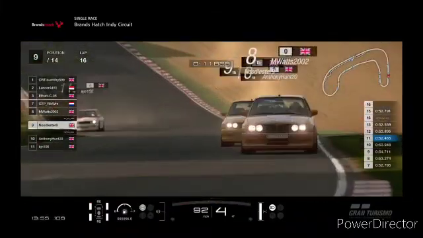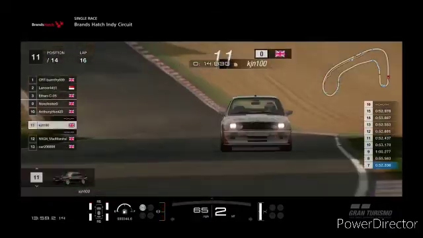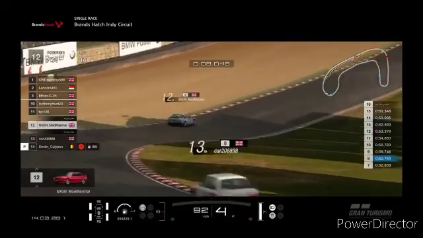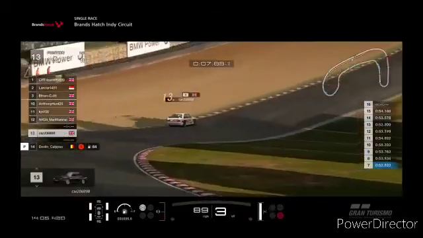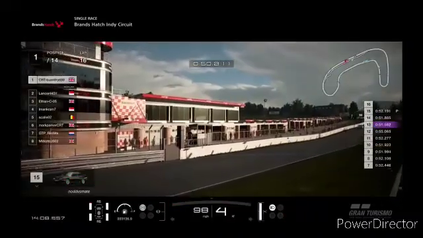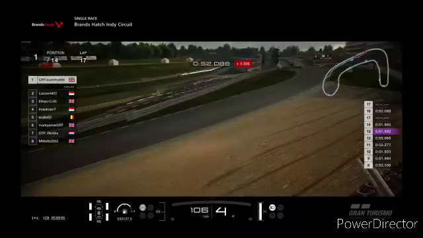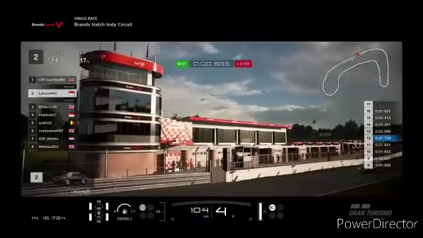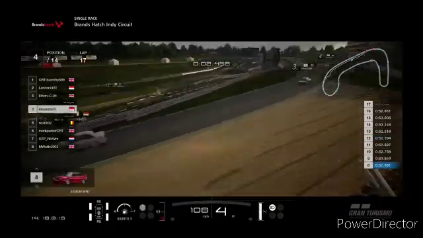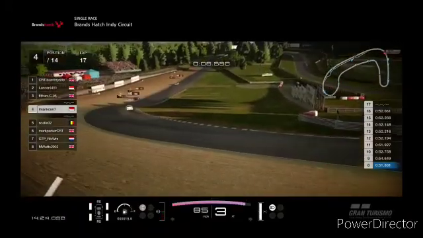KGN has made another error, he's gone off at Paddock Hill, which means he's going to lose out a lot of time now to the top 10. Still running 12th, we've still got Mad Marshall. 13th, we've still got a car. Benfry still leading the race with the fastest lap at the minute. Got Lancer still in 2nd, Ethan still in 3rd, Iman still in 4th,